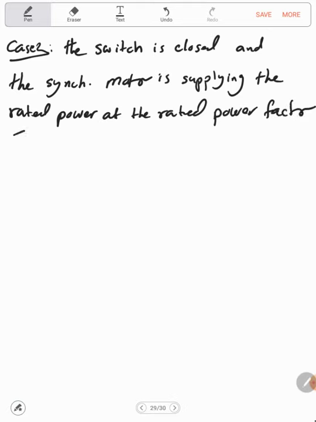We need to find A, the excitation current of the motor, the field current IF of the motor, B, the torque angle of the motor, delta,